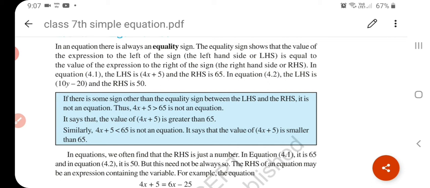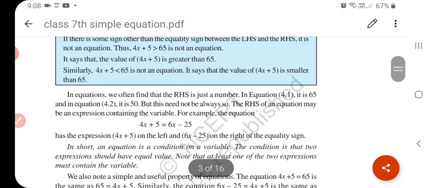And see, this is a very important thing because it is very useful in your daily life. You are going to market, and in your home, if you are two brothers and sisters and you have two different kinds of things, then you must be quarreling too, that if you give me this, then I will give you this. It's a balancing, it's called balancing, and in mathematical terms it's called equation. Means you have to balance both the sides. LHS is equal to RHS. Understand? Left hand side is equal to right hand side.